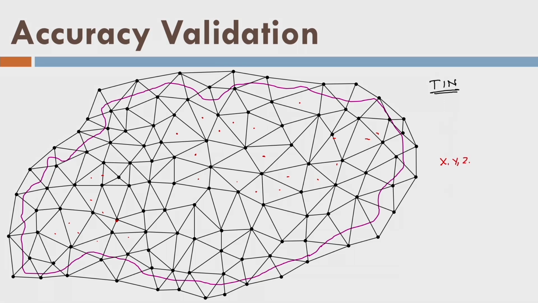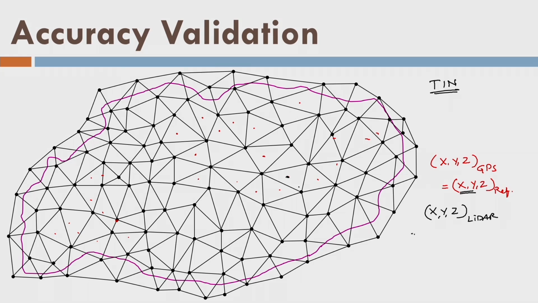This is x, y, z from GPS. I call it reference data because it is more accurate. On the other hand, I have the data of the LiDAR, so that is x, y, z by the LiDAR. Now, I will use the x, y of the reference and put it here. Then using this tetrahedron or 3D TIN, I will find out for this x, y value what is the z value interpolated by this triangle.